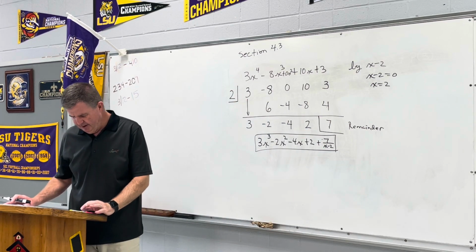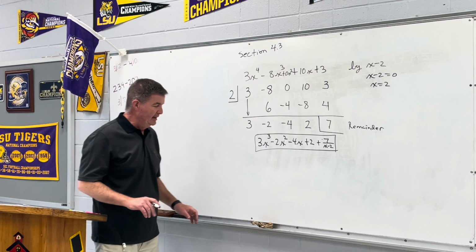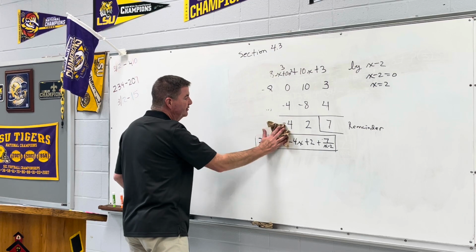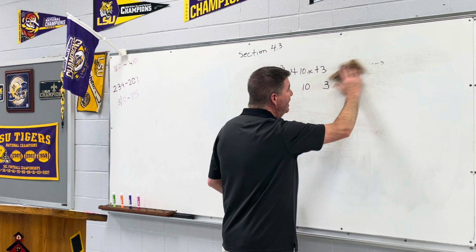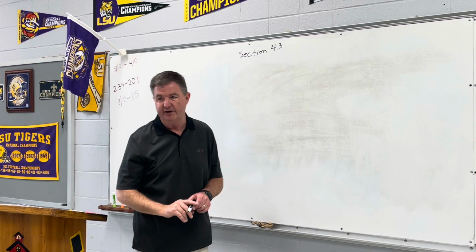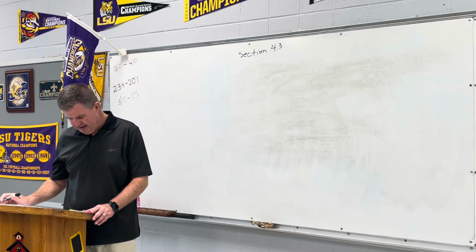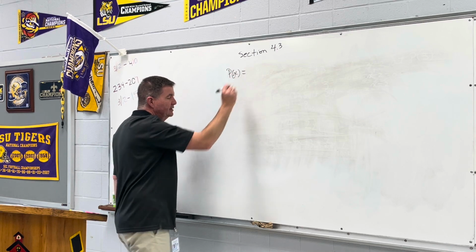All right, example number 2, we're talking about something called the remainder theorem. Now, the remainder theorem allows us to evaluate a function at a particular number. So we're going to evaluate the function the way that we're used to doing it first. Then I'm going to show you whether the remainder theorem would give us the same answer. So use the remainder theorem to evaluate p of x equals